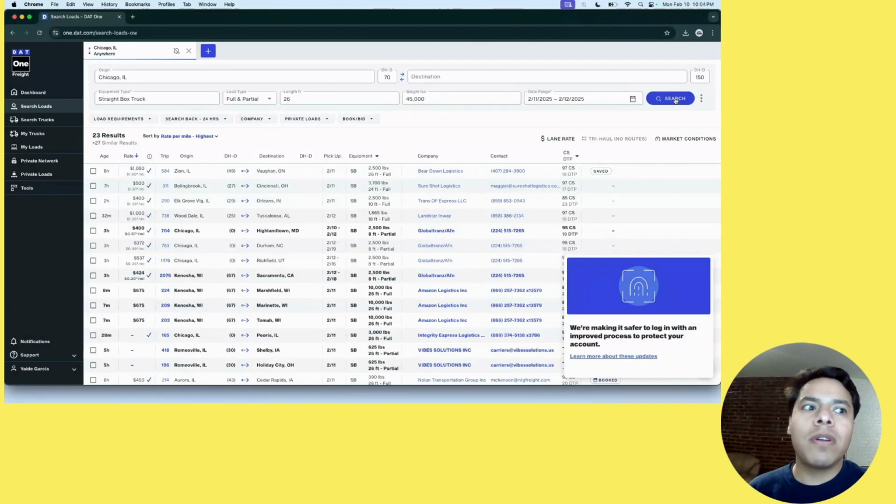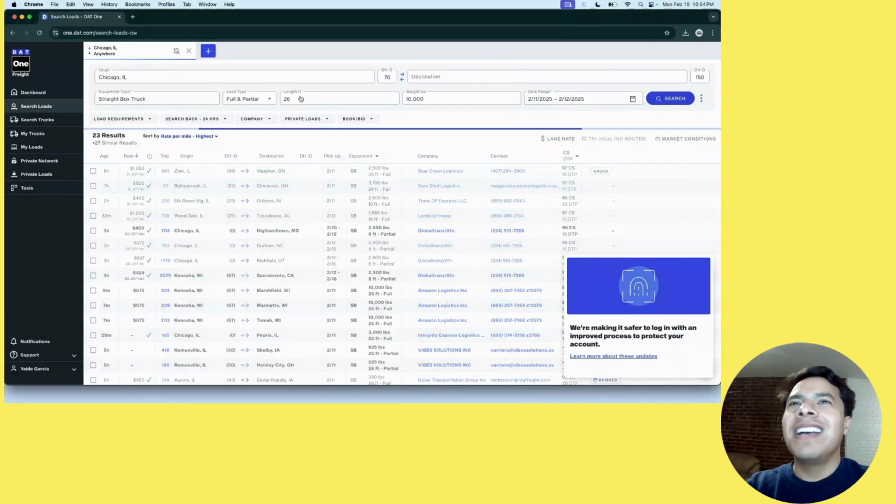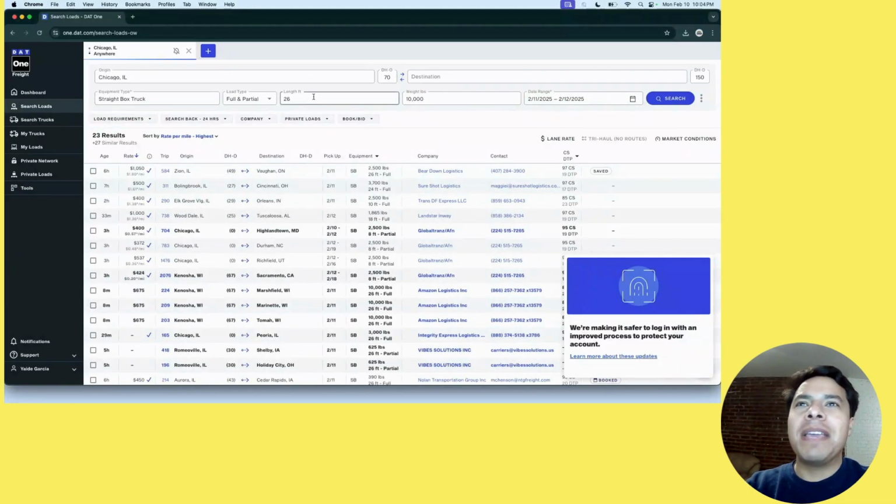Now imagine when it's 10 a.m. and there are 200 loads listed for 26-foot box trucks out of Chicago, and only 80 of them can be taken by 24-foot box trucks. In that same regard,